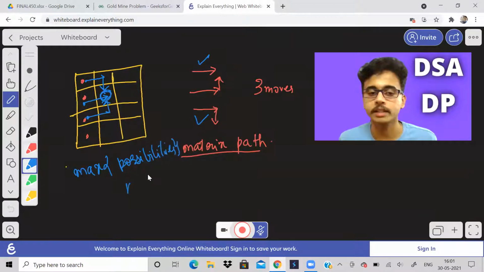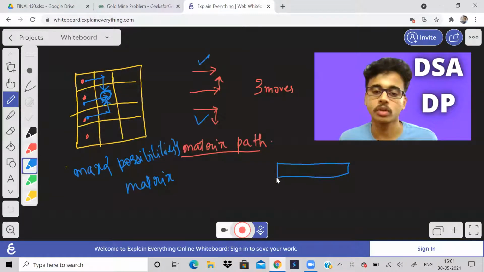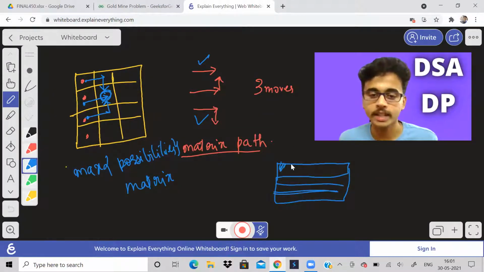This is also like the matrix path problem only. But what is the difference here? In that matrix path problem, we started from the first row. If some n number of rows were there, we started from the first row. Here we are starting from anywhere in the first column.